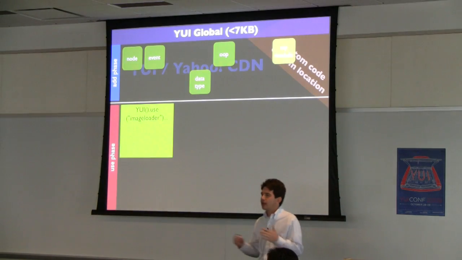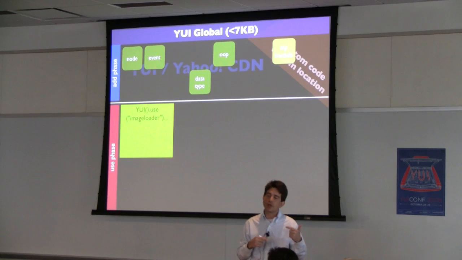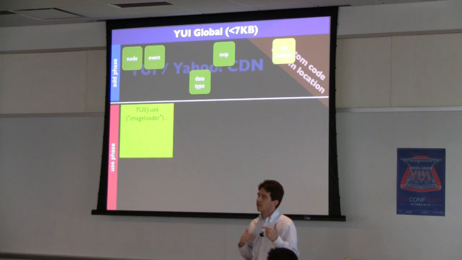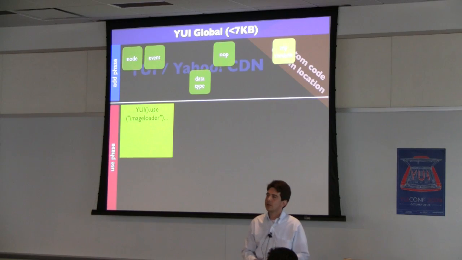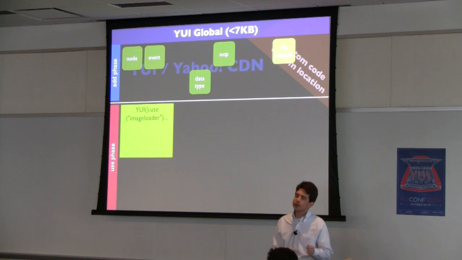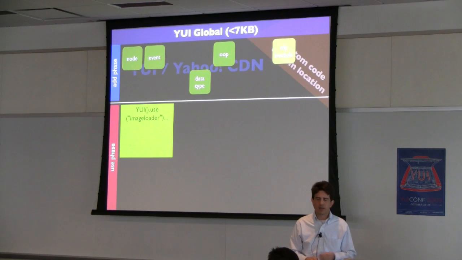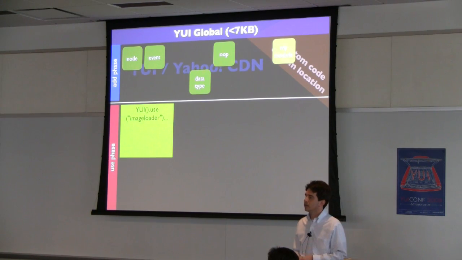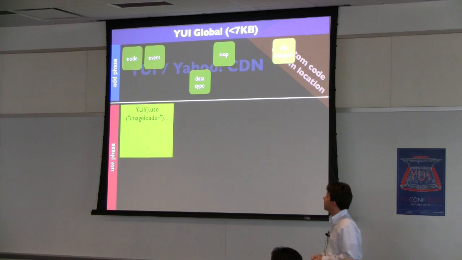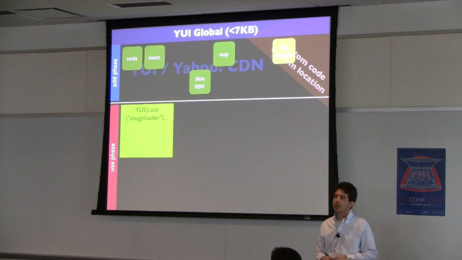And then we move at any time to the use phase. The use phase is when you say, OK, I'm ready to use YUI, and I'm going to create a YUI3 instance on the page. So we'll go through three scenarios here. The first scenario is that we're going to use the image loader utility. The image loader utility depends on, I think, OOP, node, and event. So the first thing the loader would do when it saw this use statement is it would say, are all